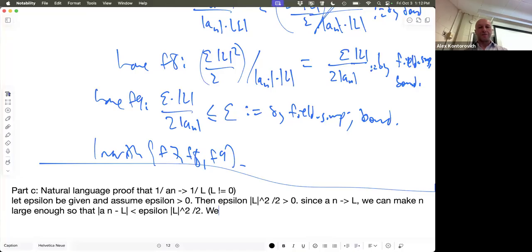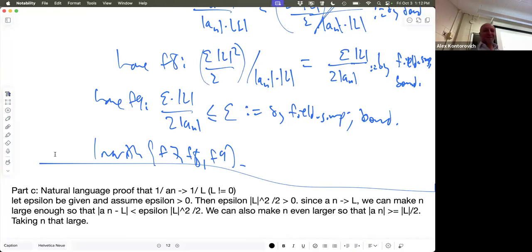We can also make n even larger if necessary, so that AN is at least L over 2. Okay, so taking n that large,